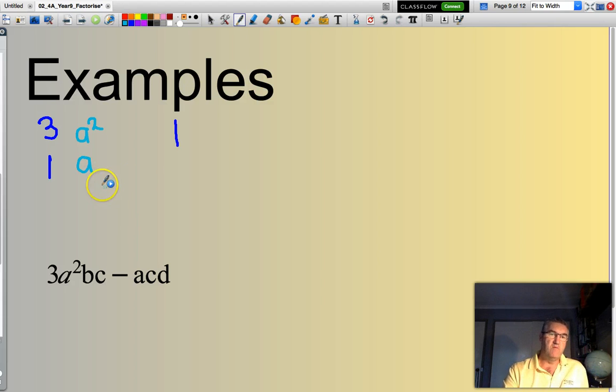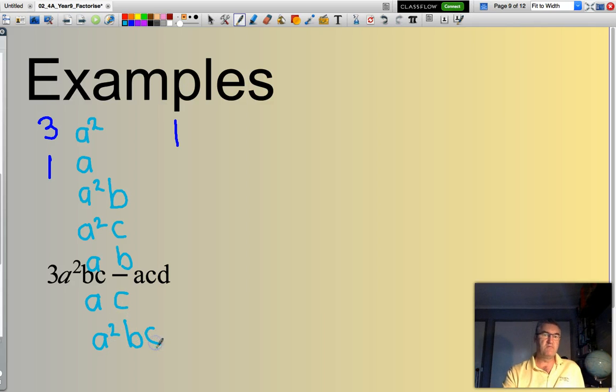Okay, I've also got an a squared b, an a squared c. You can see where I'm heading with this. I've also got an a b. I also have an a c, and I also have an a squared b c. Gee, there's a lot of factors there. But what you can see here, if I do my factors over this side, my factors will be